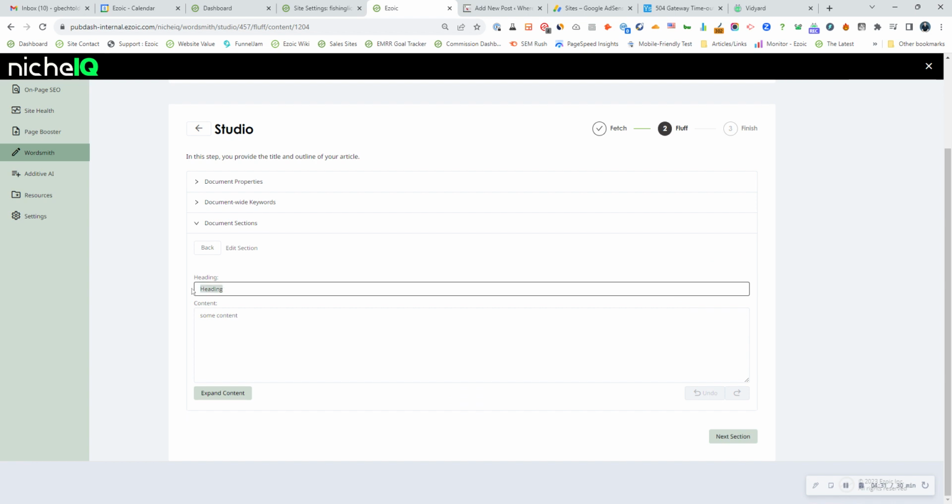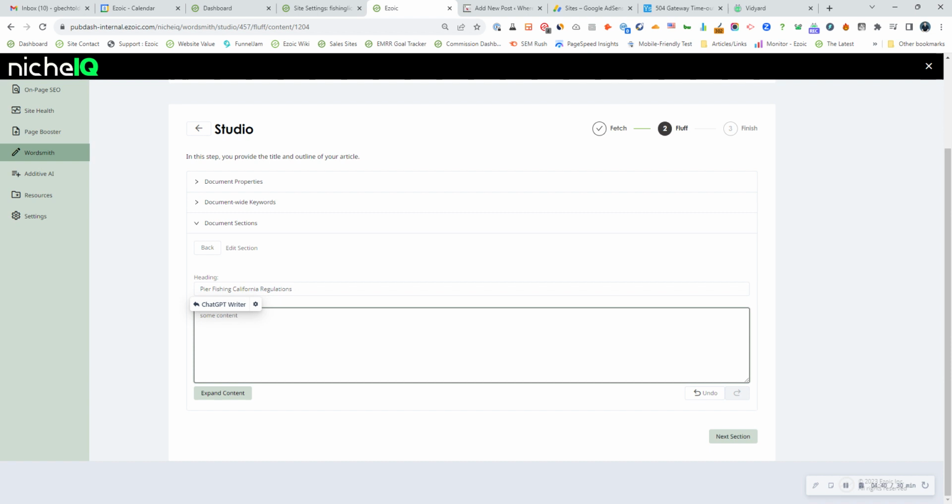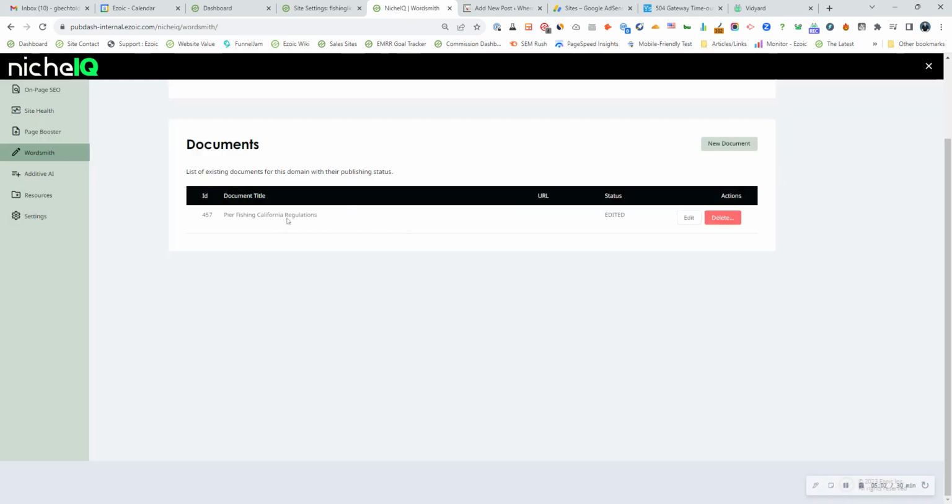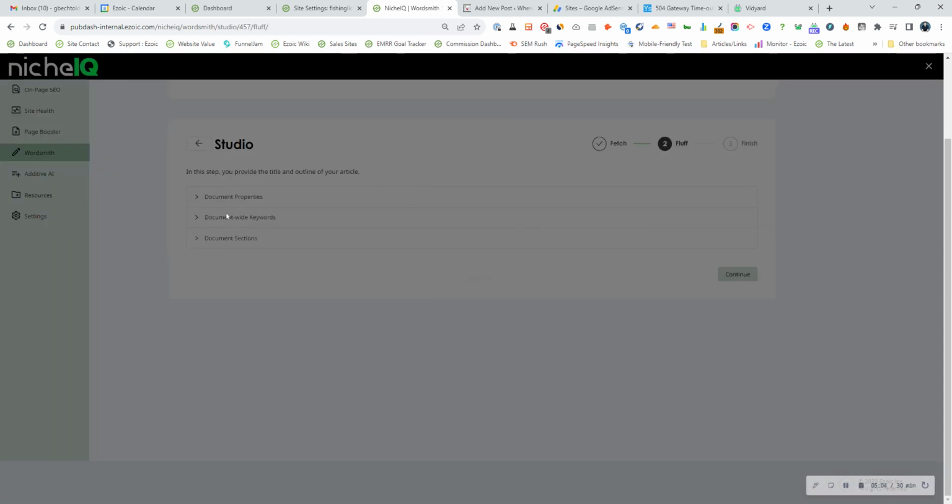This is the main heading, pier fishing California regulations. And for this one, I'm going to write in the introduction myself. I'm going to come up with an introduction later on because I'm not too creative at the moment, but I'll go back, edit,